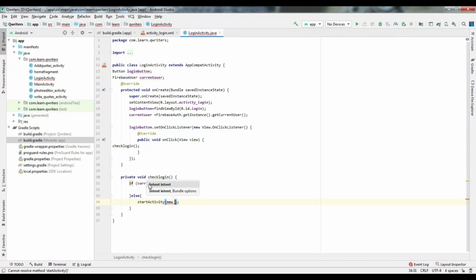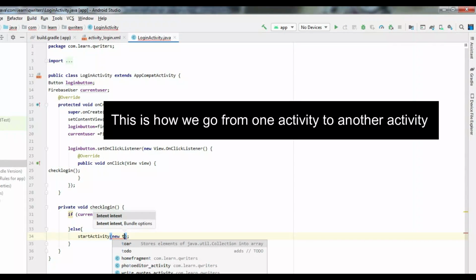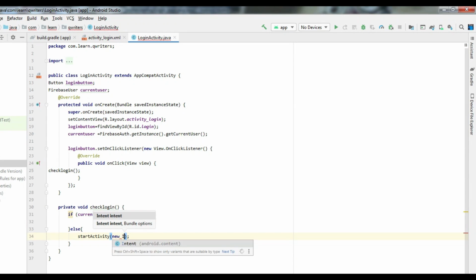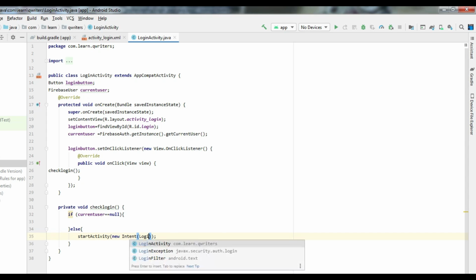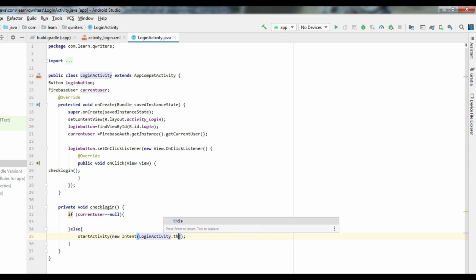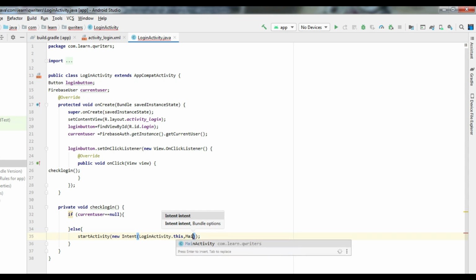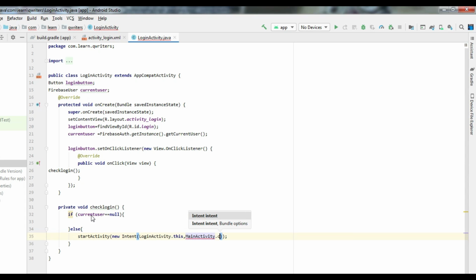New Intent, from our LoginActivity to MainActivity: LoginActivity.this, MainActivity.class. And at last, finish this activity.